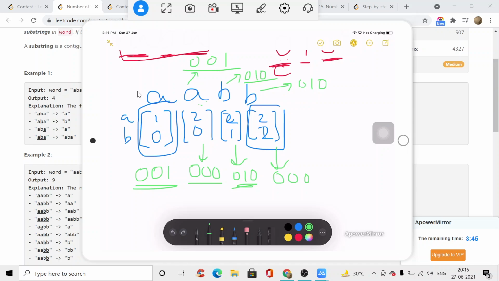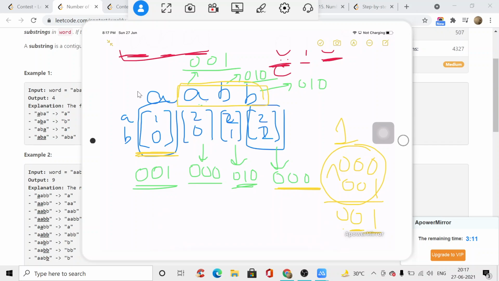Let me just change the color. I have to find it for this range. Okay, what I will do, I have this current 000 and I have this thing, it is 001. I will XOR both of them and what I will get is 100. So this tells that A is odd times and B is even times in this range. So this can be done in this single operation